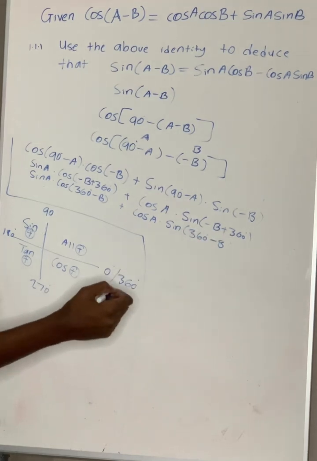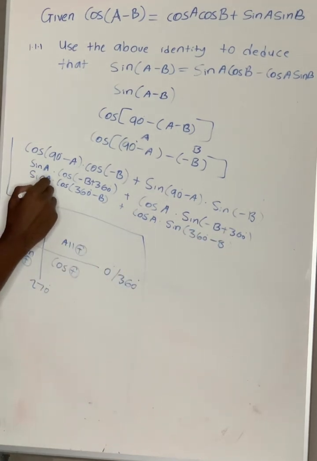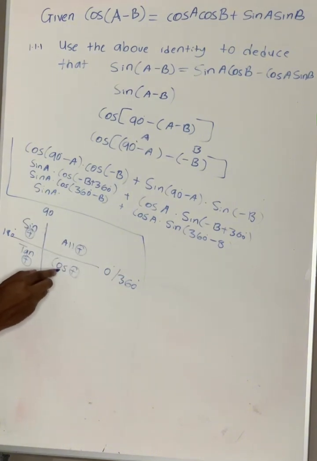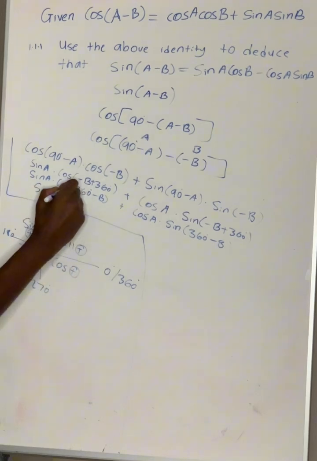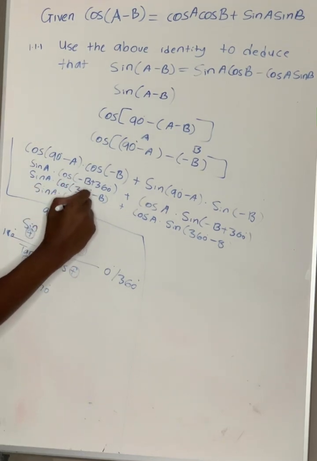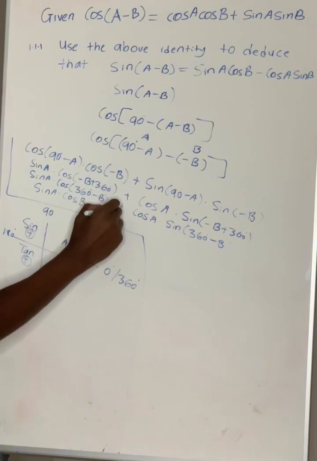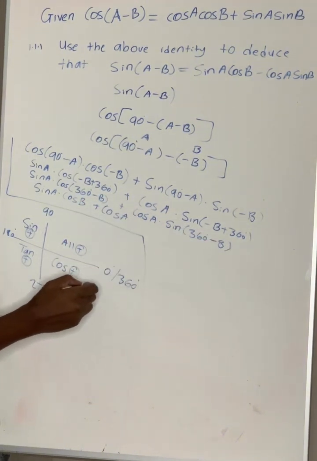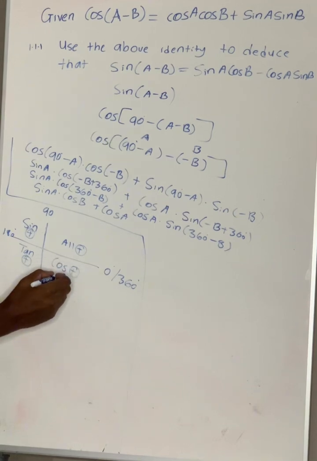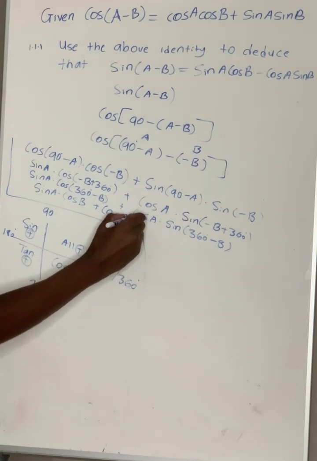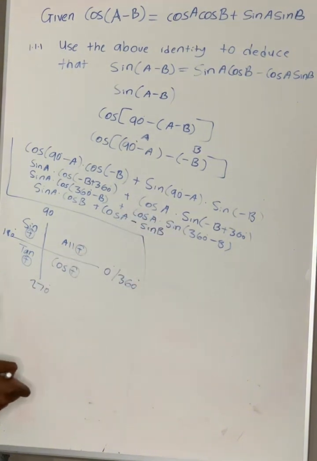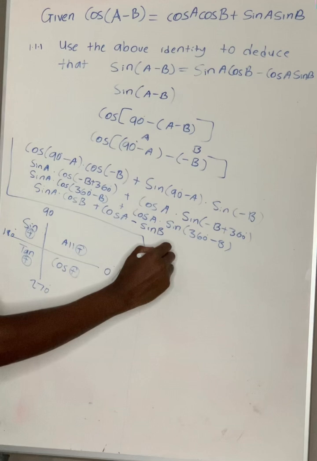minus B. Alright, then this is going to be sine A again multiplied by cos of 360 minus B, which lies in the fourth quadrant, and only cos is positive there. We are also given cos, so it's a positive cos B, okay, plus cos A sine of 360 minus B. 360 minus B is in the fourth quadrant, only cos is positive there. We have sine here, so it's going to be negative sine B. And then it's going to be sine A